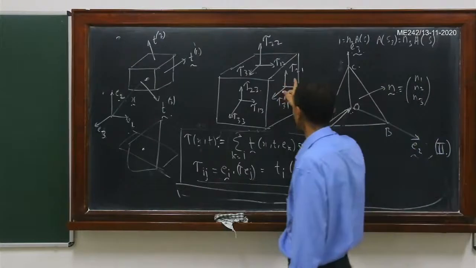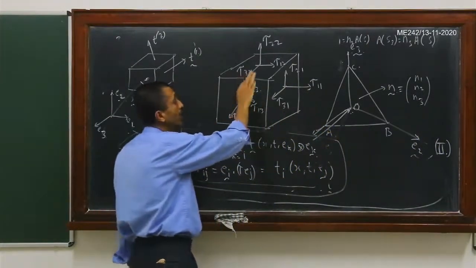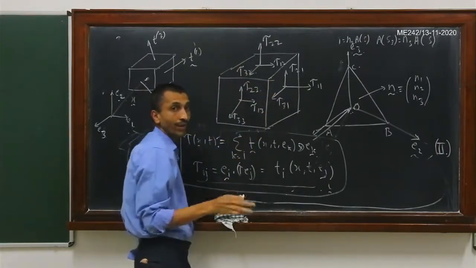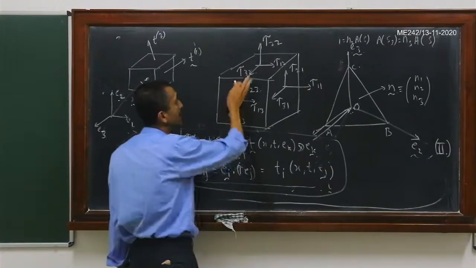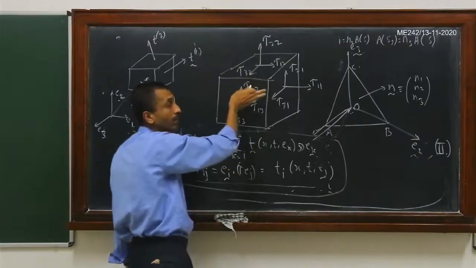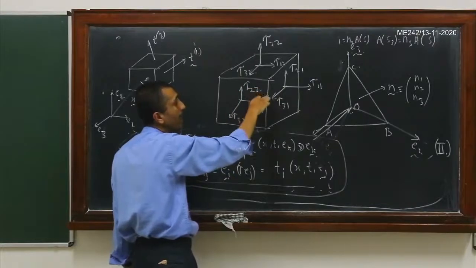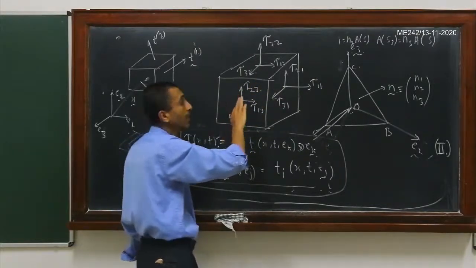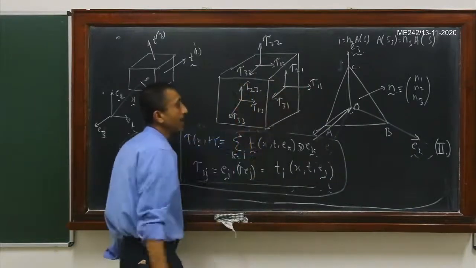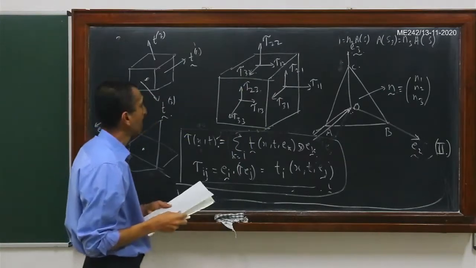Now here again I will repeat the same thing, that this is just a device for showing these various planes. Again this cube does not have any dimensions, so I am just emphasizing that. Basically these are just different planes that are passing through a given point here. If I try to show it as different planes at the same point, the whole picture would get very confusing. So this cube is just a device to show these various components at a particular point here. So yes, now we'll proceed ahead.